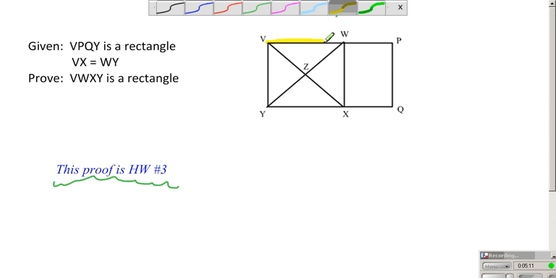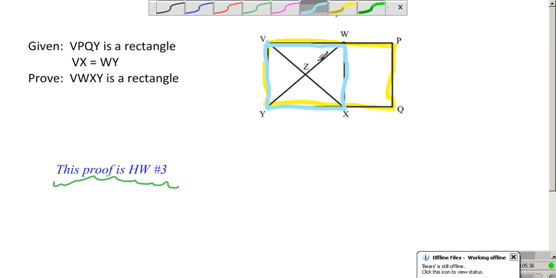If VPQY is a rectangle, you know you have right angles, you know you have opposite sides equal, you know you have parallel, and if you want to ultimately prove this little guy is a rectangle, I think you can fairly easily see through your parallel lines, through your right angles, that you can get there. So we're going to move on to the next one,